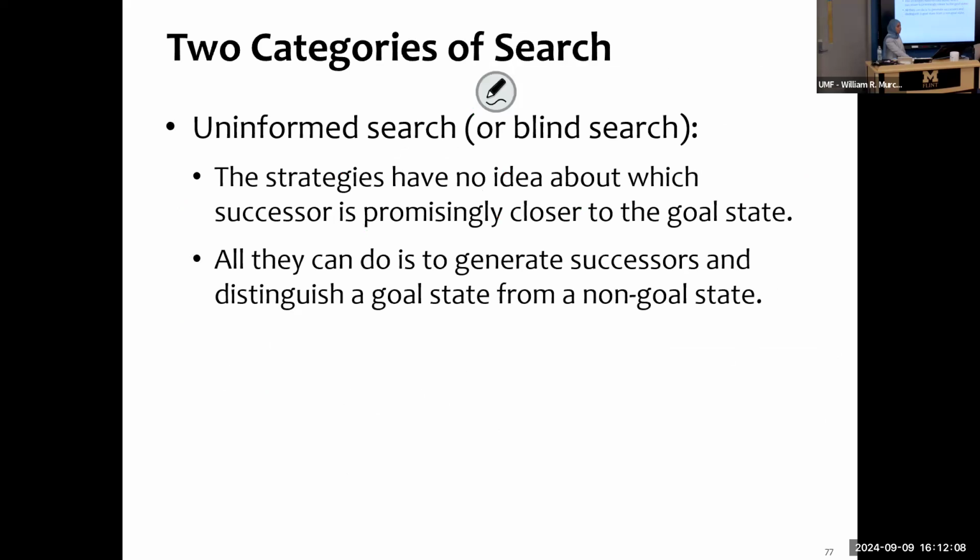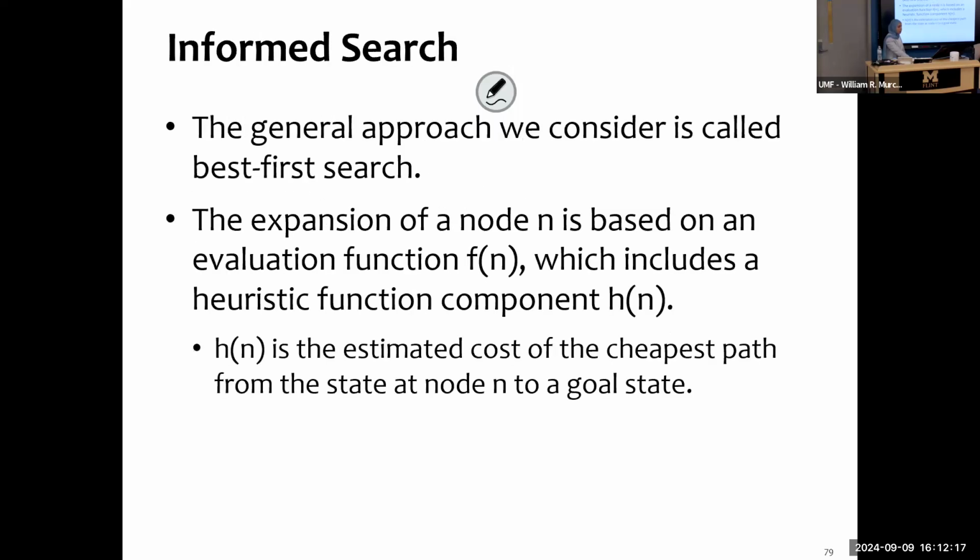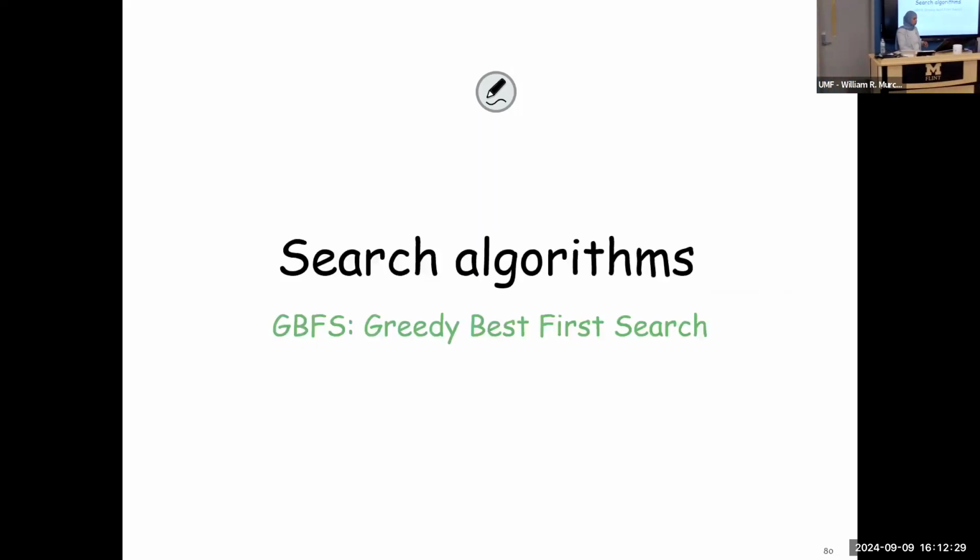Then we will move to informed search. Informed search is where we have an idea about the goal, where it is, and we may have some logic to follow, for example, to know that the exit is on the left side. If I'm going to the right side, then it's useless. So these algorithms may introduce